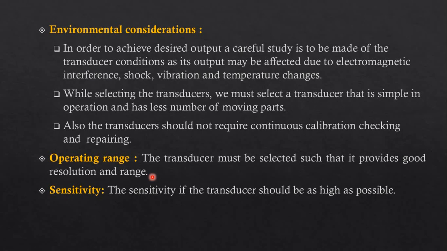That is, if we are measuring the current, and we know the current value is going to vary between 1 to 5 in maximum range, but sometimes it goes beyond the value 5, at that time we require a wider range of instrument, right? So at that time we can use 0 to 10 ampere reading, but we cannot use 0 to 5 because that range is a little bit lower than 0 to 10 ampere. So the range of our transducer needs to be high. Then after sensitivity, as we know, the sensitivity of the transducer should be as high as possible.